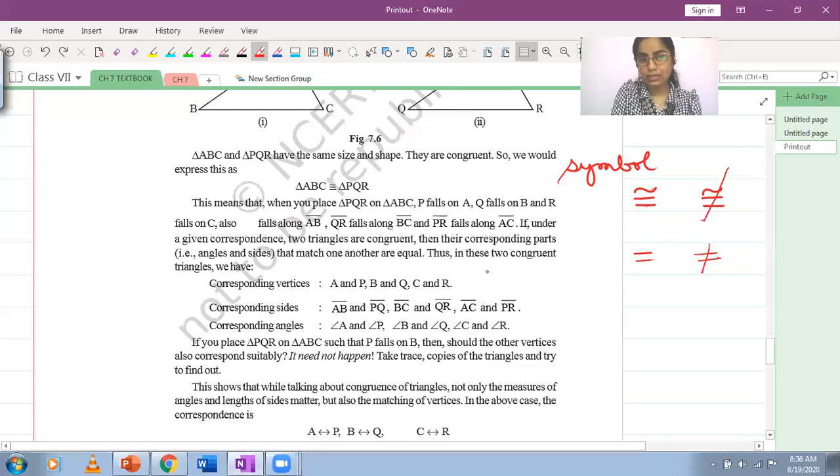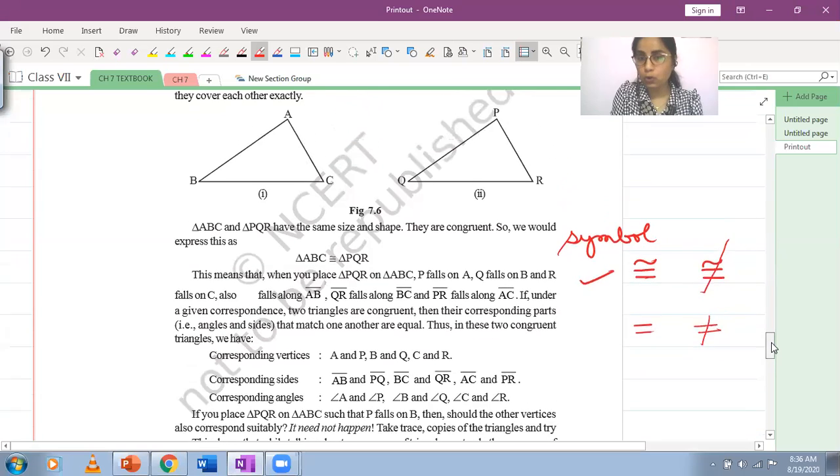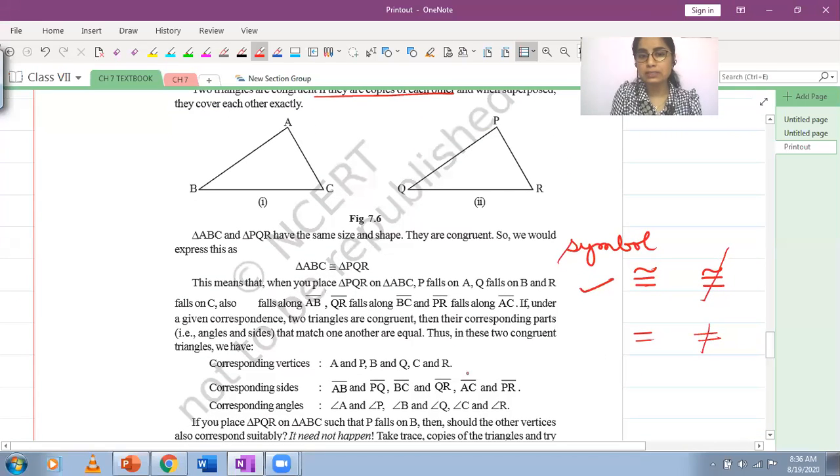Now, after this, once we have understood what the symbol is, the second important thing is: जब दो triangles congruent हो गए तो उनके कौन से parts match करेंगे. So if I just take this triangle and try to place it over this triangle, अगर मैं triangle PQR की cutting करती हूँ और इस triangle को triangle ABC पे place करती हूँ, तो कौन-कौन से corners match होंगे, कौन-कौन सी sides match होंगी, कौन से angles match होंगे. उन matching parts को हम बोलते हैं corresponding parts.